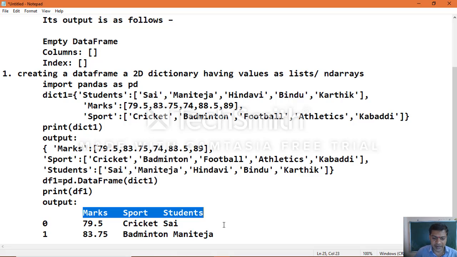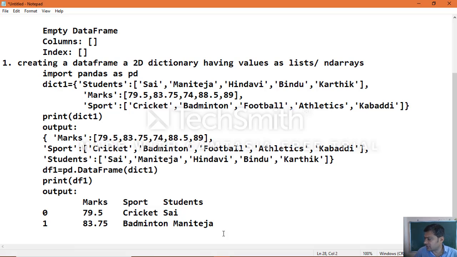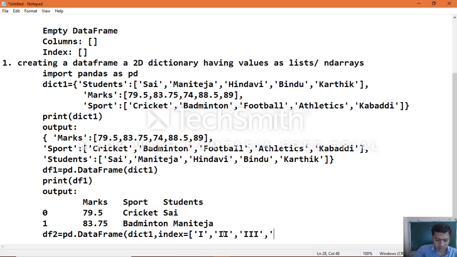Suppose you specify your own index numbers, how can we specify that? df2 equal to pd dot DataFrame of dictionary 1, comma, index equal to 1, 2, 3, 4, 5, which you can specify in the form of a list of values.